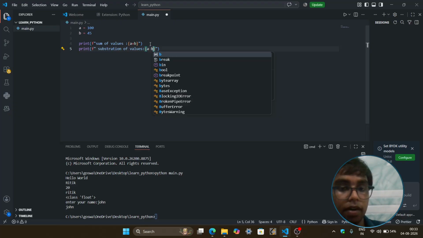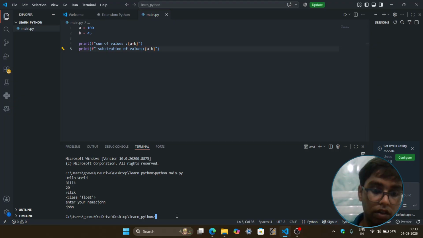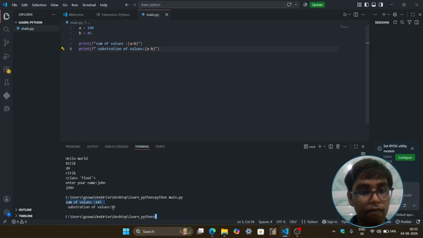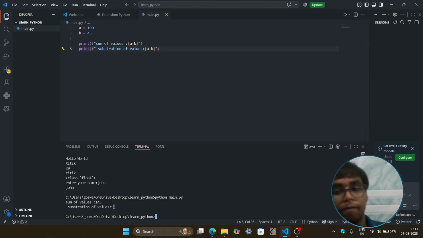Similarly, you can build multiplication and division by yourself. I'm just going to show you how it is going to be performed. So now just press enter, and that's how you get the sum of values, 100 plus 45, 145. Subtraction is 55. So I guess this will be enough for our day 2.